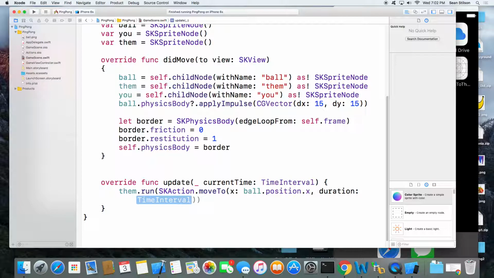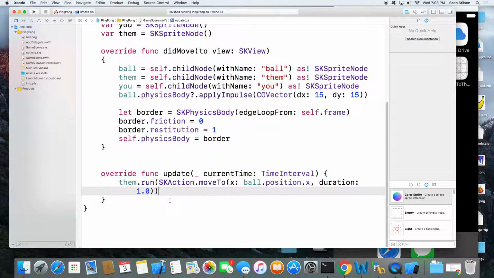So what we want to do with this is set this fairly high because otherwise they're going to be unbeatable. If this was set to 0 or even 1/10 of a second, their movements are going to match the ball perfectly, and we're never going to be able to score on them. So this builds in a delay factor. The ball bounces off our paddle or off the wall, and then they take about 1 second to react to it so that we can at least score on them. So the time interval will be 1.0. We'll start with that, and as we get better, we can bump that down.